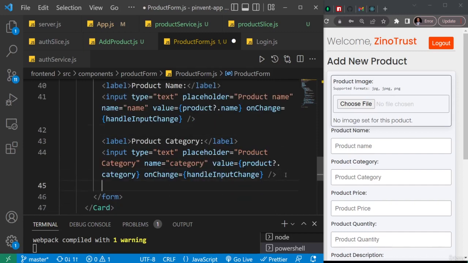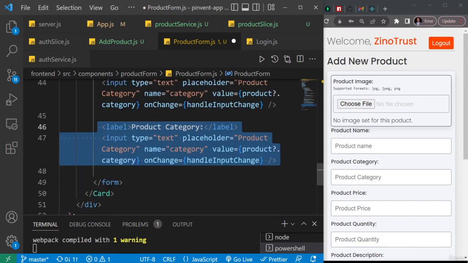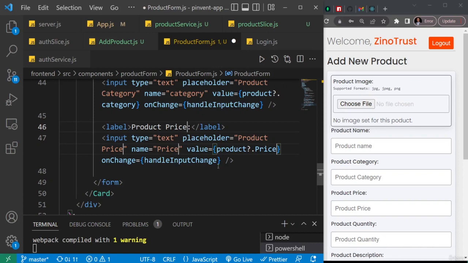So I'll space this out here. The next thing we have is the product price. Let's duplicate this one down, and then we're just going to change those things. This one I'll do in one swipe. Category and category, and then also here category. So I'll just say price, except that I'll just need to change these ones to small letters. So this one and this one, I'll just change it to small letter P. That's all. Then the next thing we have is the